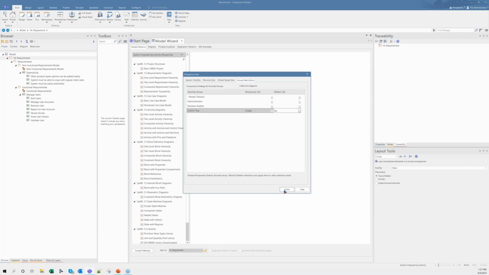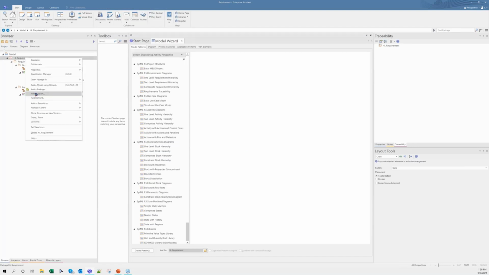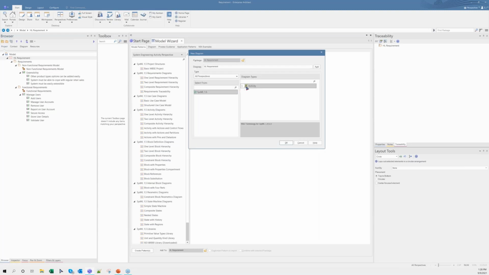So next, close this item, and now I have to get logged in as another user. If I do this, I've been provided with only one particular diagram in the diagram panel.